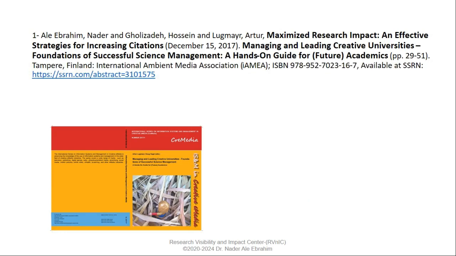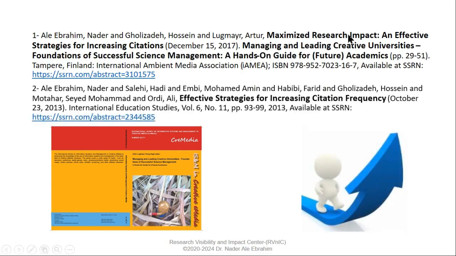Okay, what's the solution? I have published, and I just refer you to 3 of my publications. One of them is this one, Maximize Your Research Impact, a chapter in a book published with one of the researchers, the author from an Australian University, from Perth. You have free access, you can download it from the Social Science Research Network. In this book chapter, we mention over 48 different strategies and tactics for increasing your research visibility and impact.